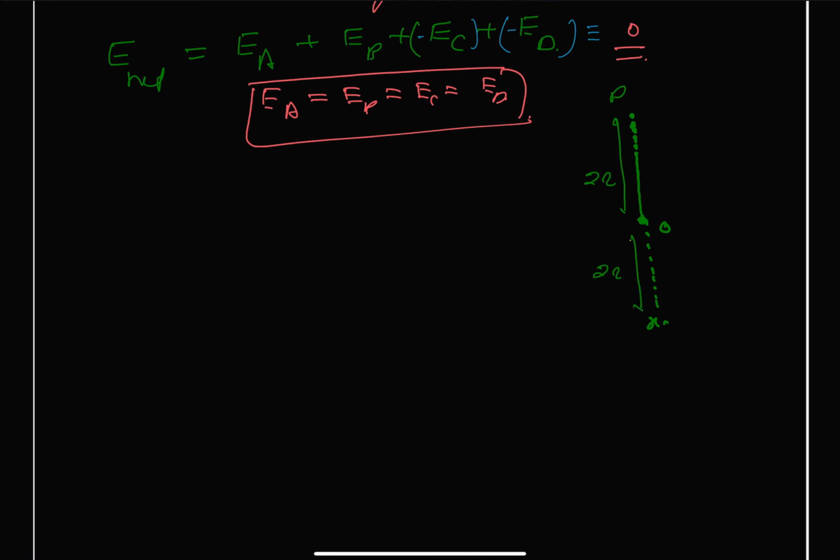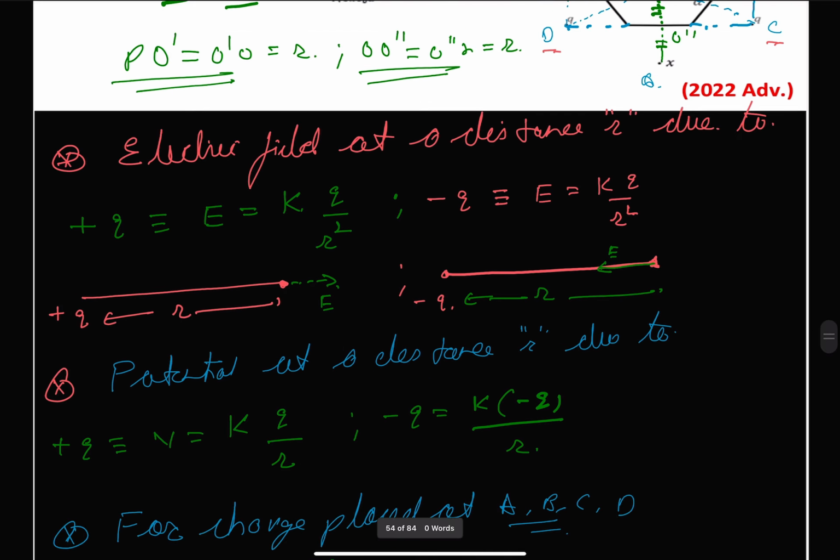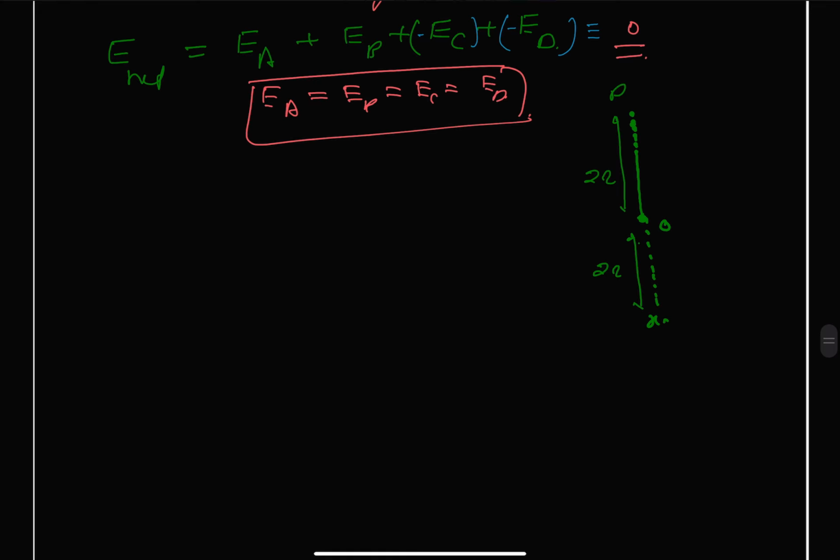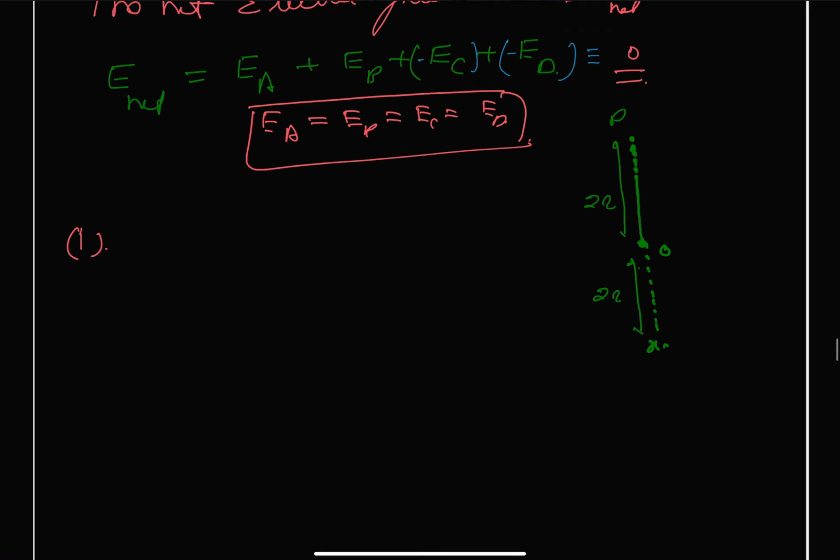So when X is said to be, in the first case, is said to be taken as plus Q. So we can say on the first case, rather we can say option 1,